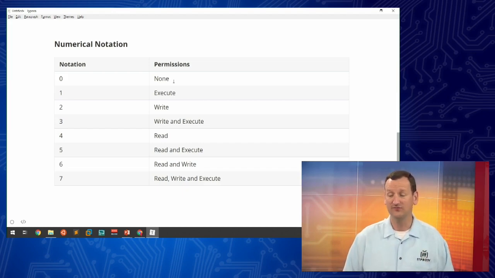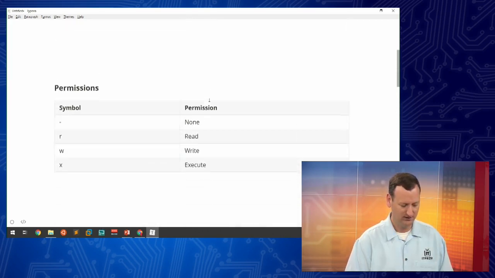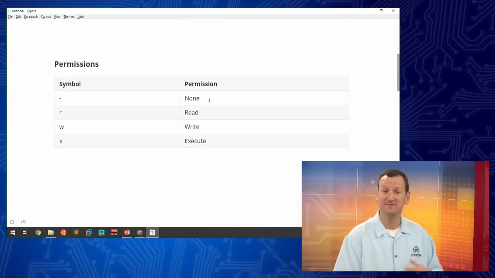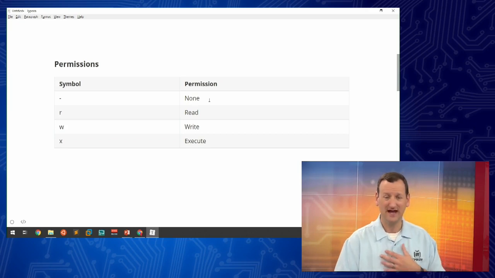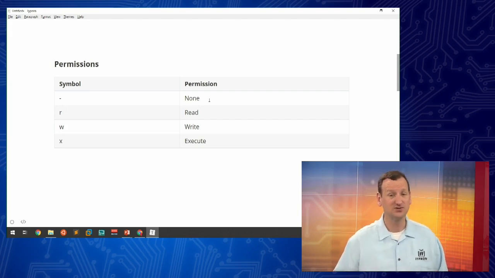Now, those numerical formats still work today because in the background, that's what's happening. But the letter formats, what I was showing you up here, that's what's designed to make life easier on us as human beings. And you can do everything with these letter notations that you can do with numbers. So there's really no reason to use the numbers anymore, but it certainly doesn't hurt to learn about them